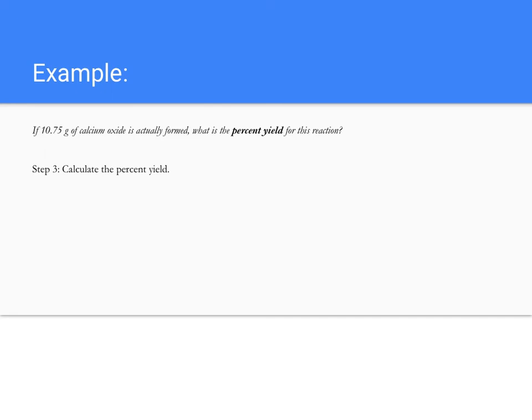Now that I have that information, let's say we actually went through and performed the experiment, and at the end of our experiment, we ended up with an actual mass of 10.7 grams of calcium oxide. So again, this is based on my experimental value. This is my actual yield. This is how much I actually produced. To calculate the percent yield,